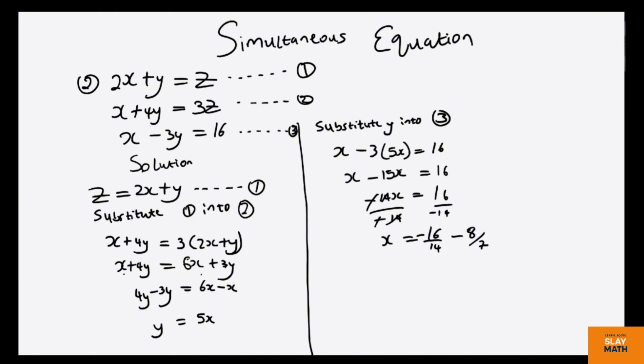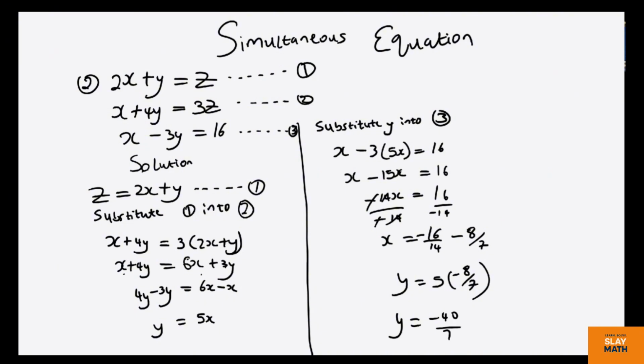We can easily find what y is. We don't have the value of y yet. It still has a variable, right? So we need to change that. The only way to do that now is to substitute the value of x in this y. So we're going to have y is equal to 5, open brackets, minus 8 over 7, right? So calculating this, we have y is equal to 5 times minus 8, which is minus 40